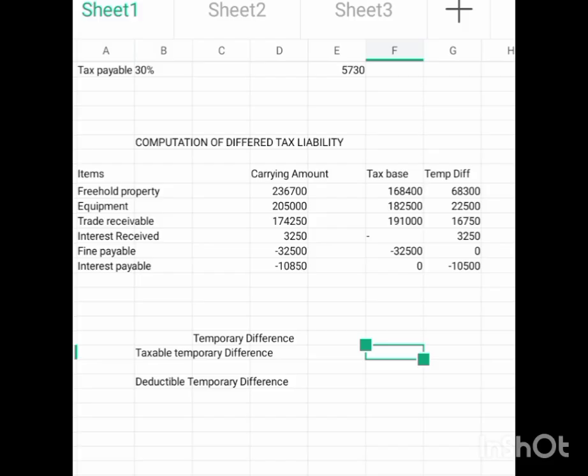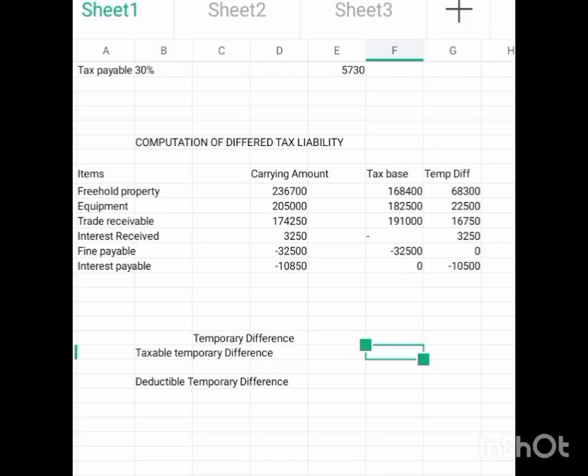If it is a taxable temporary difference, we have a liability. Are you getting me? But if you have a deductible temporary difference, we have an asset. You can refer to my former video for the clarification on that. Now, our